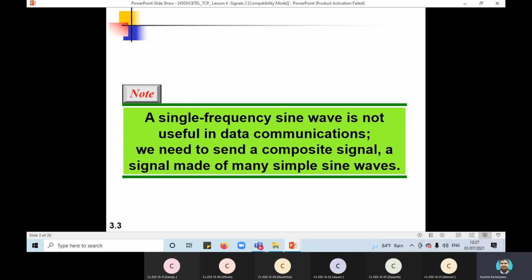Especially what I am mentioning here, the word data here means the digital platform. So a single frequency sine wave is not useful in data communications. That means just a single frequency sine wave cannot be used to interpret digits like ones and zeros. You know that to interpret the logic 1 and 0, right, to insert logic 1 and 0,